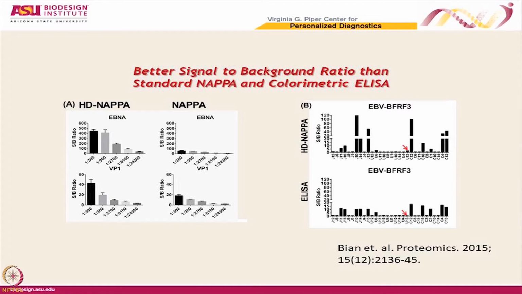So you would think that ELISA, being a full-scale chemical method in a 96-well tube, should be much better in expression. But in fact, we were able to detect signals here on the HD NAPPA that you could not detect at all on the ELISA. And then overall, the signal intensity by ELISA compared to signal intensity by HD NAPPA, this was nowhere near as strong as that was. So in our lab right now, this is probably the most sensitive platform we have for